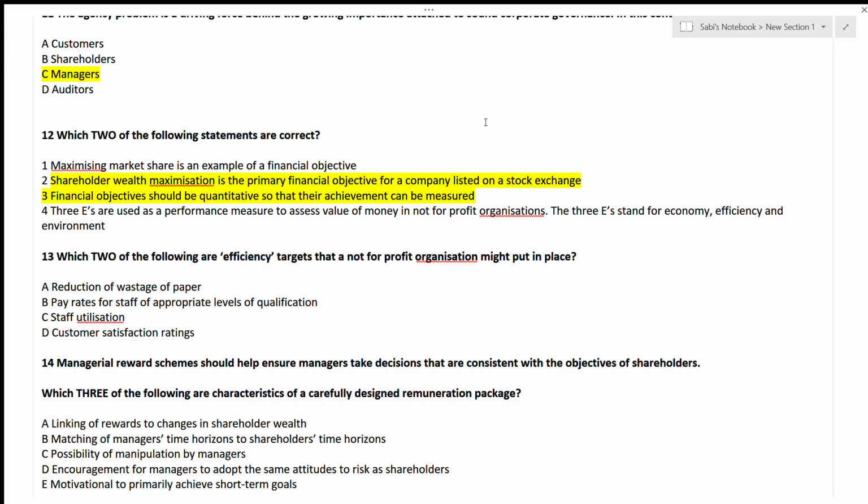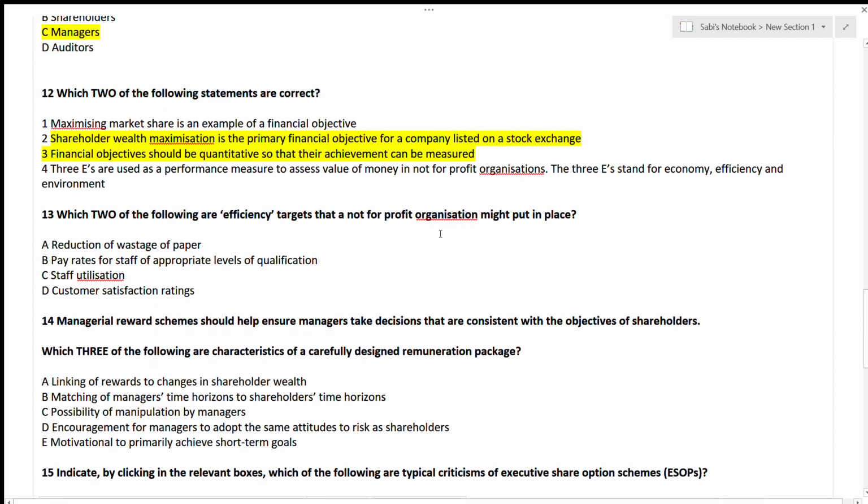Let's go to 13. Which two of the following are efficiency targets that a not-for-profit organization might put in place? Now you need to know what the effectiveness, the efficiency, and the economic targets are. Then only will you be able to say out of these four which two are the efficiency targets, right? So reduction of wastage of paper,